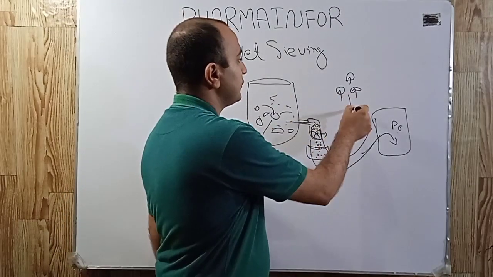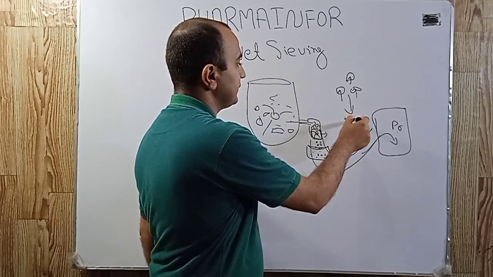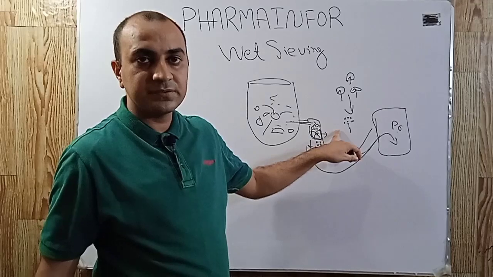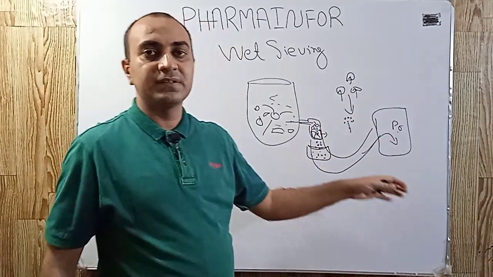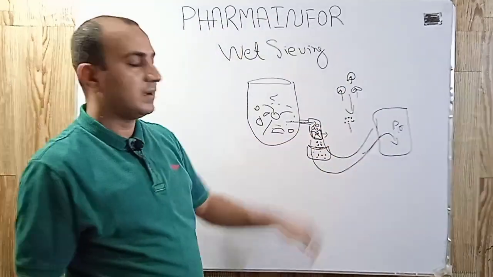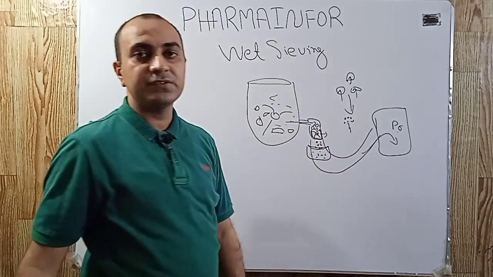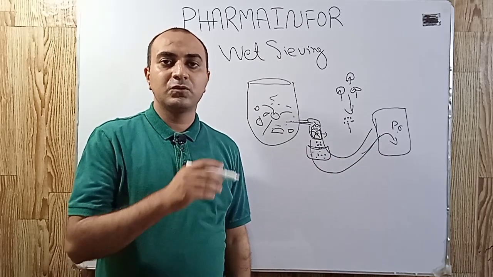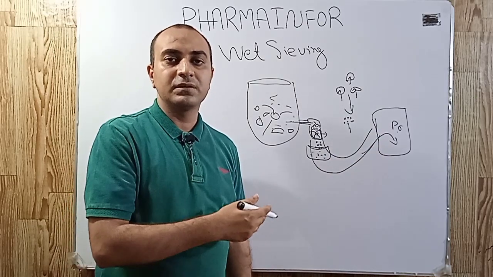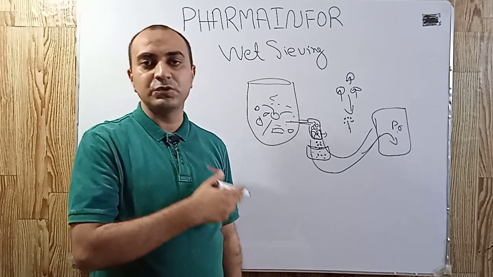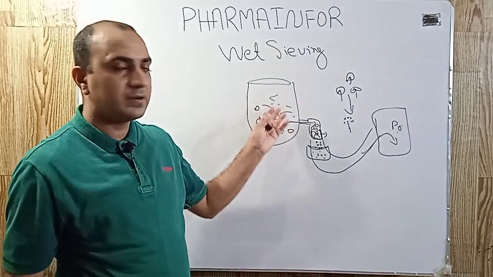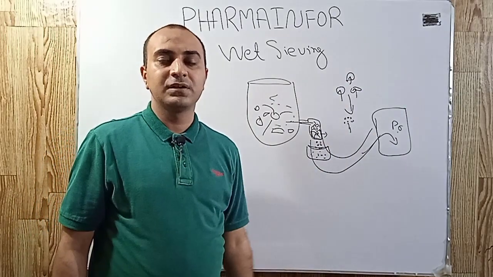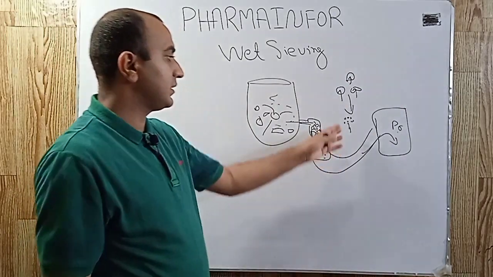So when we reduce the particle size of these granules, they are uniform size, small size, easily fluidized, and surface area is increased, so drying time is reduced. So in a brief summary of the wet sieving step, we use the wet sieving step to break large lumps into small size granules or wet granules.